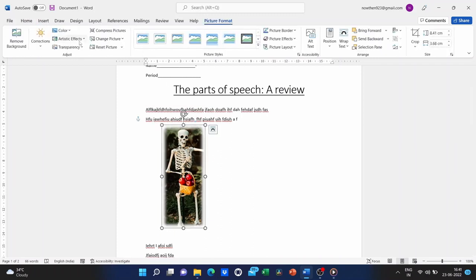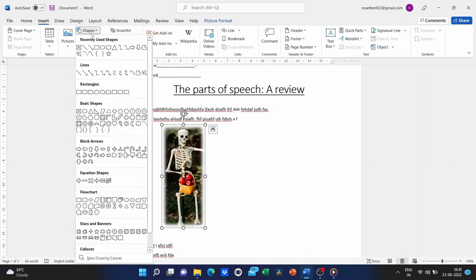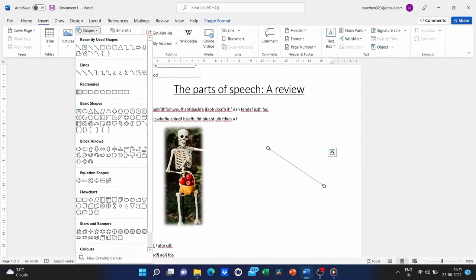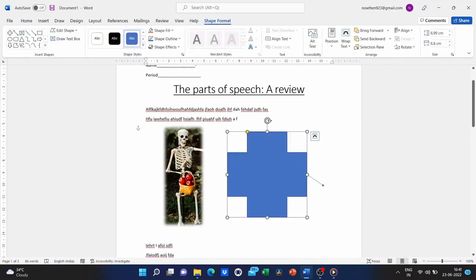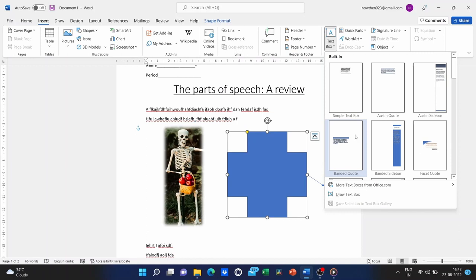There are also all sorts of other great options, especially shapes are especially good. You can put in arrows. You can put in callouts. You can put in squares, rectangles, circles, plus signs, and all sorts of great shapes that are useful especially for teachers and students. And I want you to know that you can also add a text box. Now, how is the text box special? How is it different from the regular text that you're typing in? Basically, a text box is additional text that can float on top of your document.